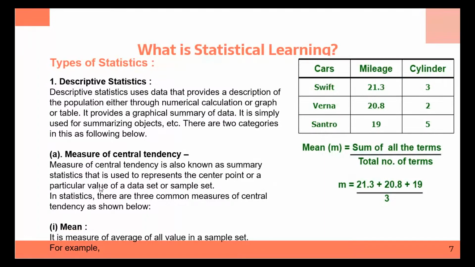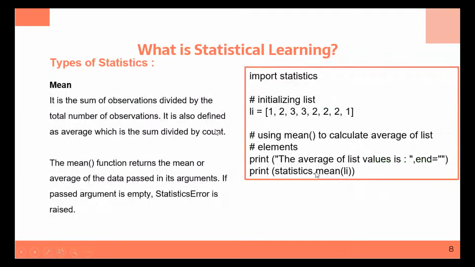We say there are 3 common features, as we told. First one is mean. We did that here. Example: import statistics, and then we have a list being created: 1, 2, 3, 3 2 times, 3, 2, 4, 3 times, and 1. Using mean as a function to calculate the average of the list, we will have